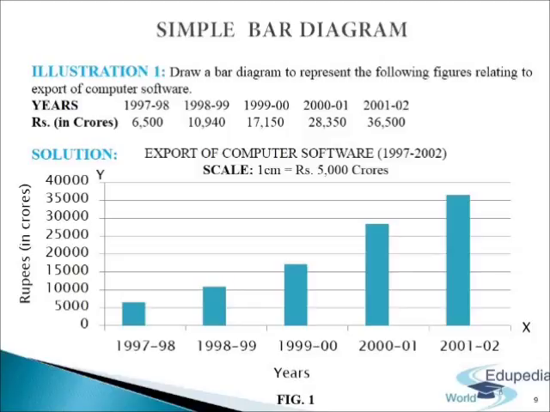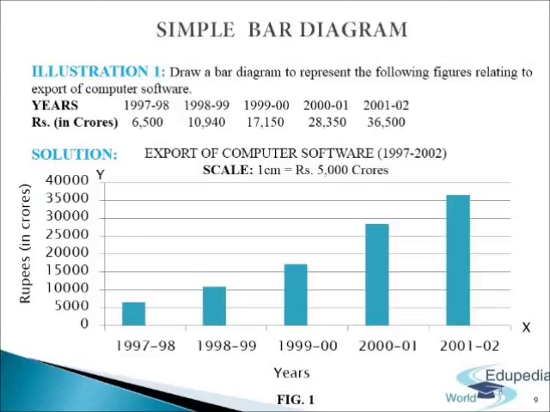Simple bar diagrams are those diagrams which are based on a single set of numerical data. The different items or values are represented by different bars. Data relating to birth rate, death rate are generally presented in the form of simple bar diagrams. These bar diagrams present only a single set of numerical data. These diagrams are most useful to present time series data such as individual value like weight of students, etc.